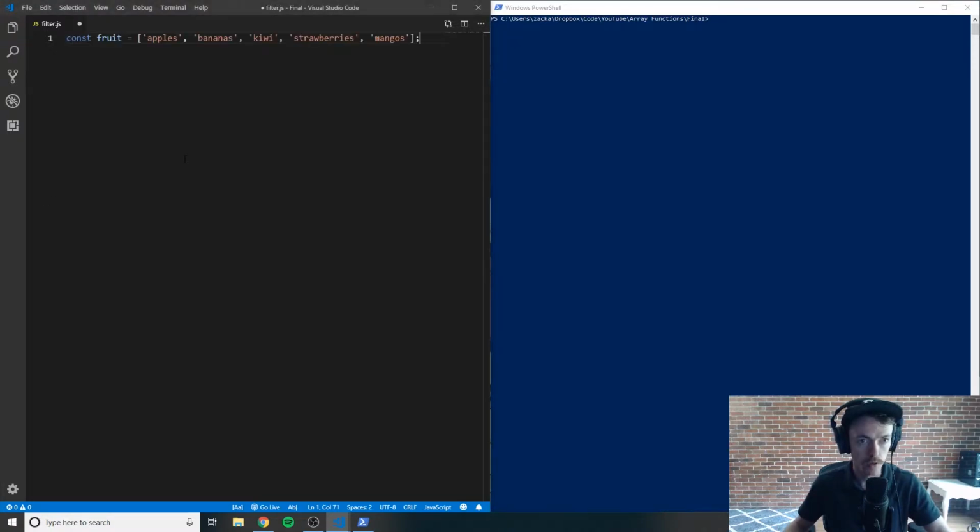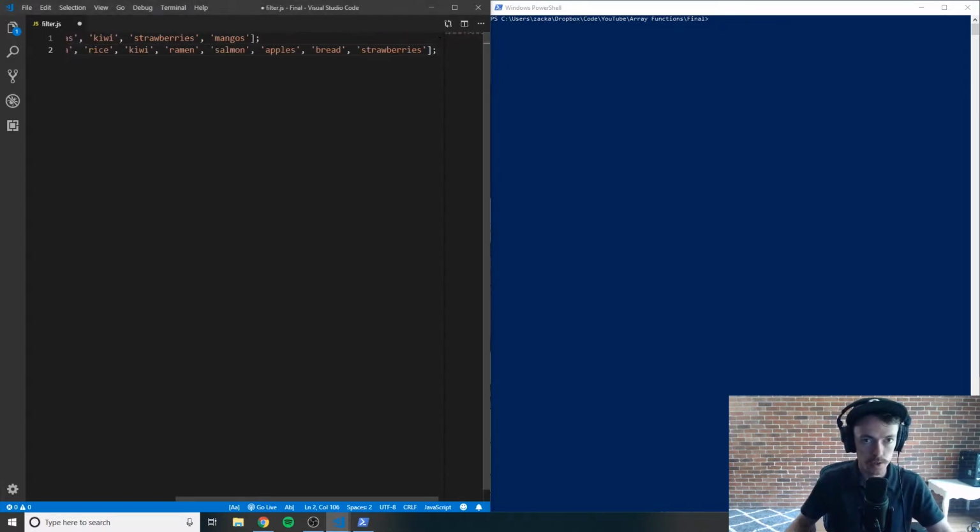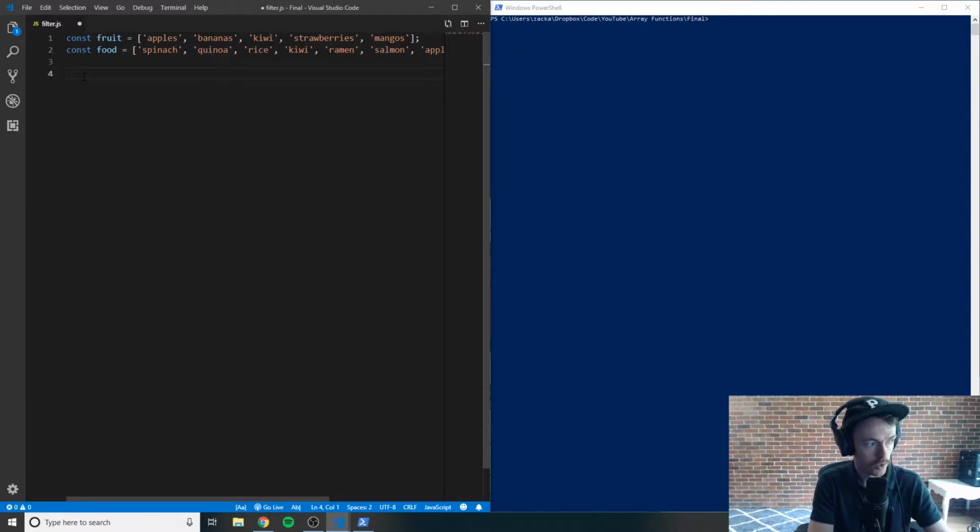Let's say we have an array of fruit here, and then underneath this array of fruit, we have an array of food. And this food array happens to contain some fruit, but we want to create an array of all of the items inside of food that also is inside of fruit. What we can do is we can use the filter function for that. We can use the filter to return an array of all of the food items that are also included inside of the fruit array. So let's create a variable called foundFruit. And let's set that equal to food.filter